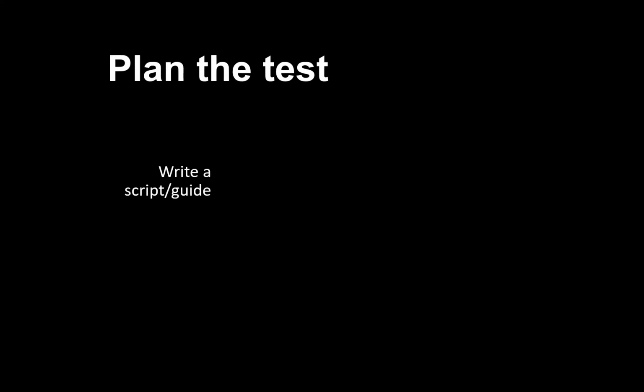And to do that, we need a script or a guide. We'll look at a sample script over the next few slides, but I'm going to talk about it a little bit first. So we want to identify what we want to test. There are some user-facing things, like what is the goal of the dashboard? What should the user be able to accomplish on it or with it? There are some data-specific things. What are we not sure about on this dashboard? Is there terminology? Are we not quite sold on the chart choice, or do we think our users might not get the chart? Are there filters that we've added that we're not sure they'd really get much use out of? And then there's also some business policy and process stuff.